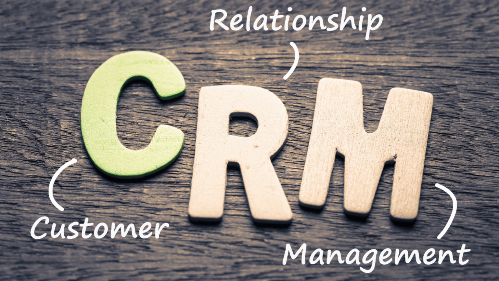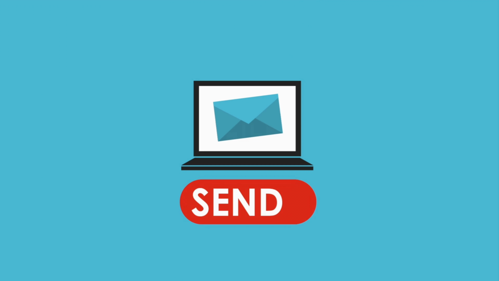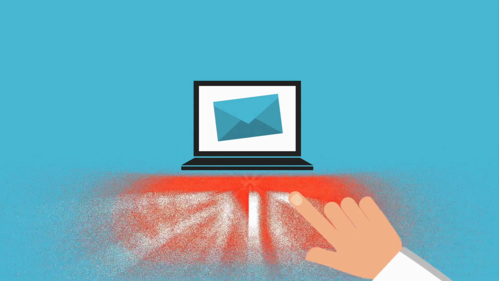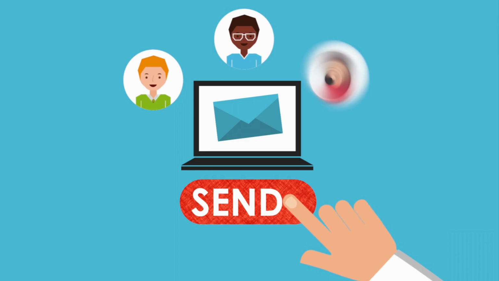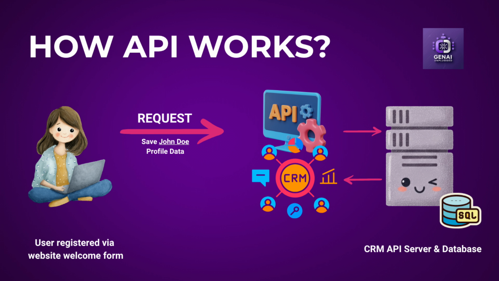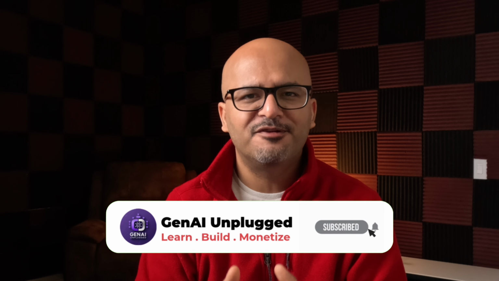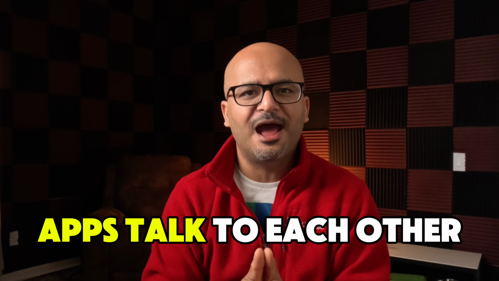CRM is customer relationship management application, where you store all the information about your customers. In such a case, you might be sending customer details to be stored in your CRM software, and the CRM application is responding back with a confirmation that user details were successfully saved. So with the help of APIs, you can have different applications talk to each other, fetch information, or trigger actions